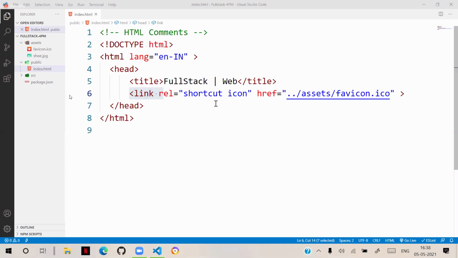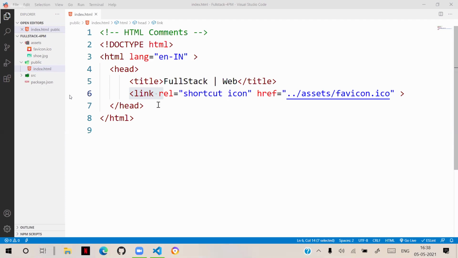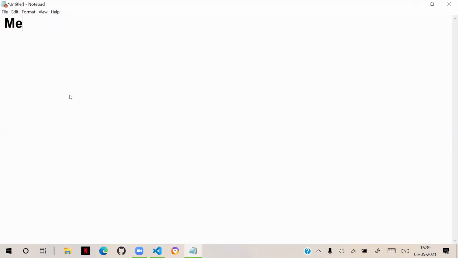So we learned about these two options, how we can design and configure. Now in the head section, another important option we have is meta.